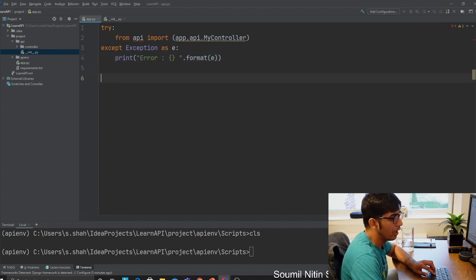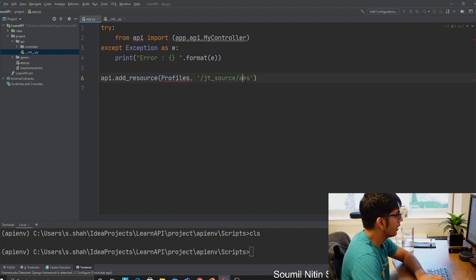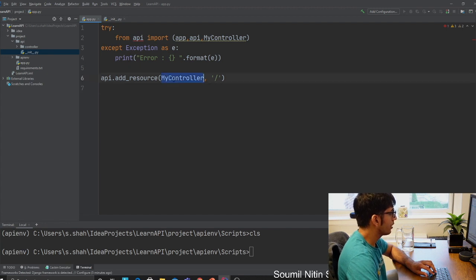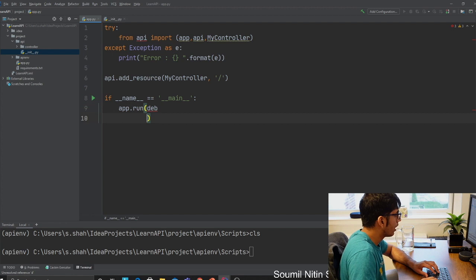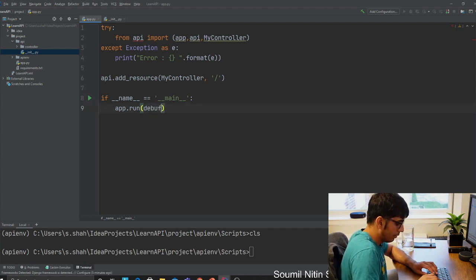So that's that. Now what you want to do is you just want to add that API. So all you gotta do is basically, now we would define that on the home controller. Let's just define that API.add resources. We have defined that controller, and we're defining that, hey, do that on the main controller. Now we gotta run the app. We gotta define if underscore main is equal to render main app.run host is equal to 000. You could also, if you don't want, you can of course remove that and just say you could, for now you could use the word debug. See, because we are learning, right? Debug is equal to true. That should be pretty much it.